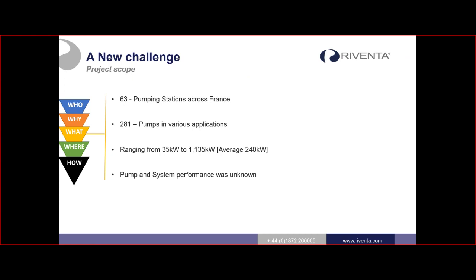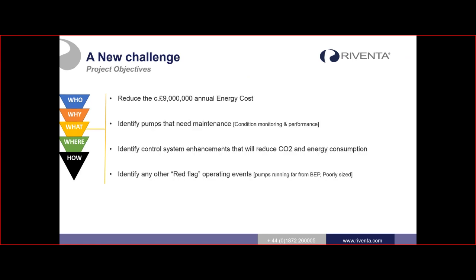The new challenge back at the end of 2019 for us, we weren't aware of the major challenges that were heading our way with COVID, but at this point, how are we going to optimize 63 pumping stations across France? Over 280 pumps, various applications ranging from 35 kilowatts to over a megawatt. And the pumps and the system performance was unknown. So our challenge was to find ways to reduce the current £9 million a year energy cost of running these plants,